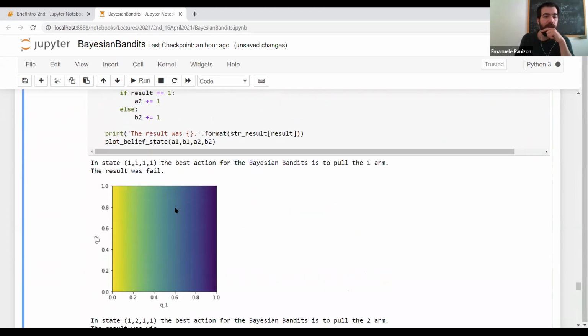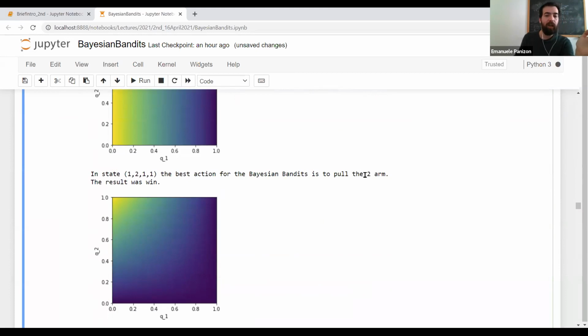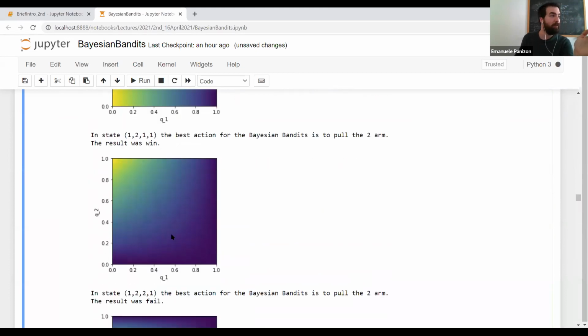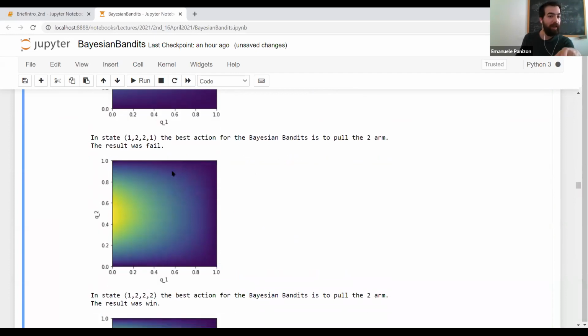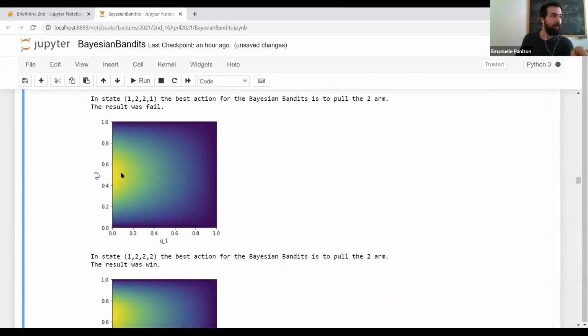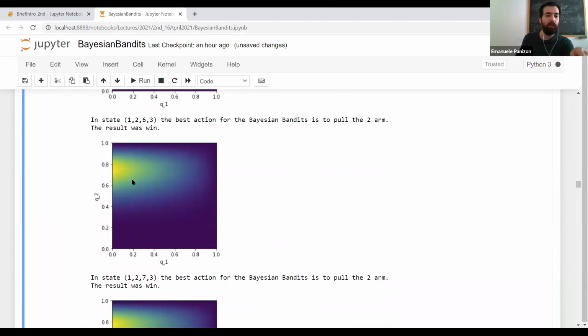And where I go is, okay, I begin, I was in ignorance, I pull the first arm, and the result was fail, so I got shifted there. Then I pull the second arm, and the result was a win, so I got shifted in that corner there. But I pulled again, the result was a fail, so I got shifted there. Then it was a win, then it was a win, and then I go,